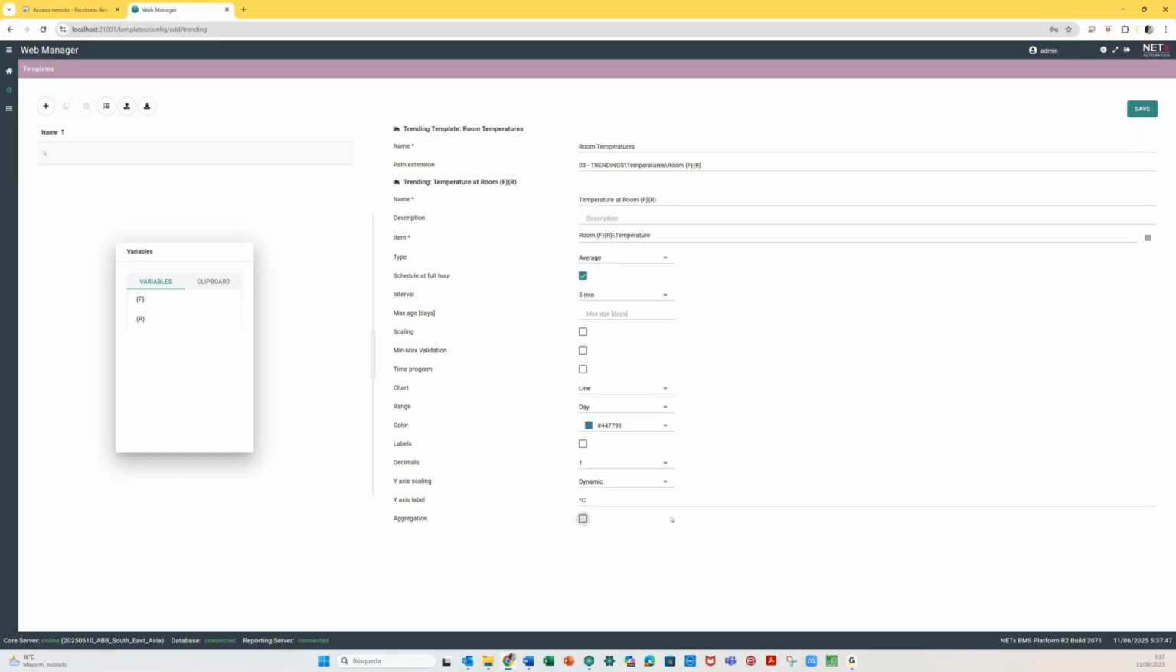This schedule at full hour means that I don't start recording exactly when I press the save button. I will wait until it's 5:40, 5:45, 5:50 a.m. and so on. So it doesn't matter. This is not, in my opinion, relevant, but you can select whether you want this option or not. Okay, this is my template. I have created my template. I just save. And now for you to understand what to do with this template,